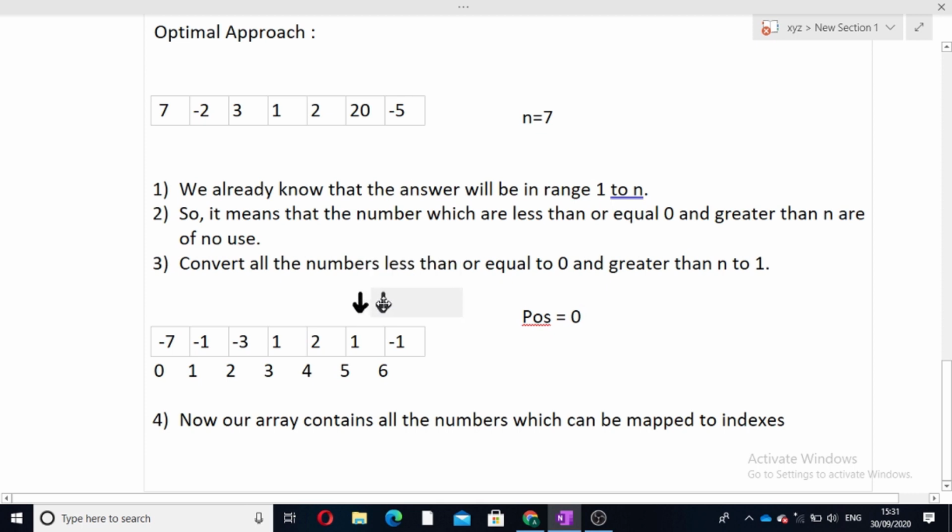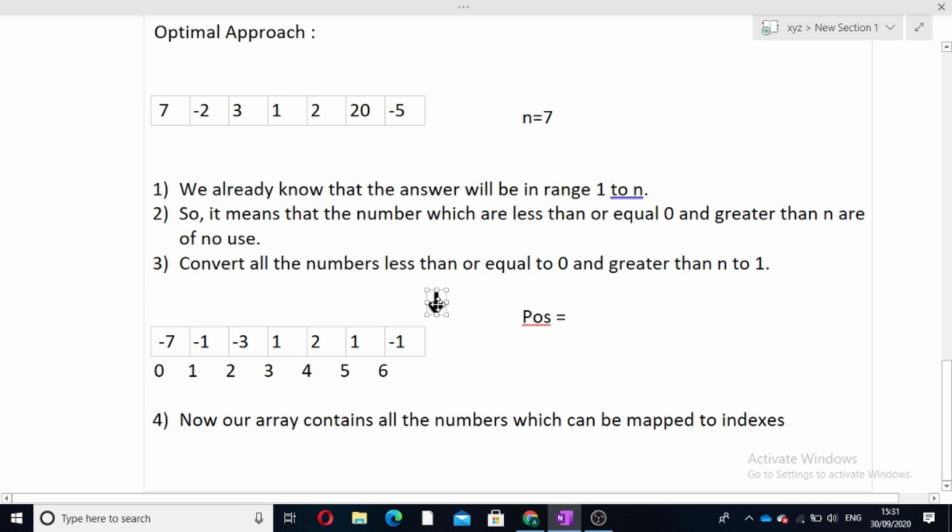I will shift to the next index. Now the value is minus 1, and when the value is minus 1, we will subtract 1 from it, it will become minus 2, but our indexing starts from 0, so there is no index called minus 2 in our array. So in this case, when our value is negative, we will skip that iteration. That is, in this case we will do nothing. So our pointer will move ahead.